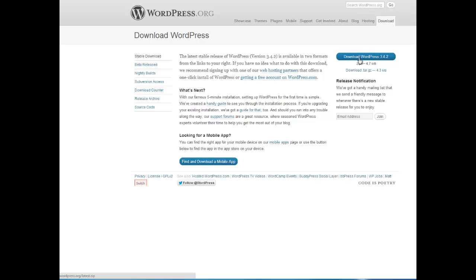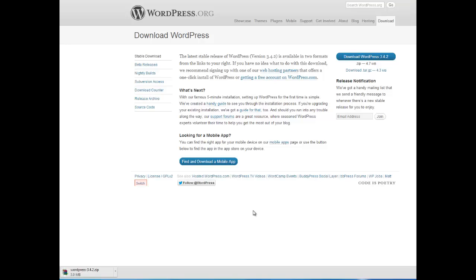Okay, so I clicked that, and right now we're going to click download WordPress, and it's going to show up on my PC. After it is downloaded, I will double click on it and unzip those files to a folder on the PC somewhere. And then after I do that,